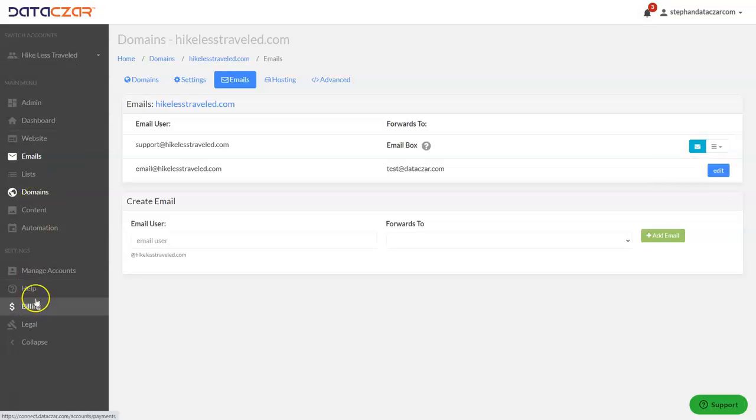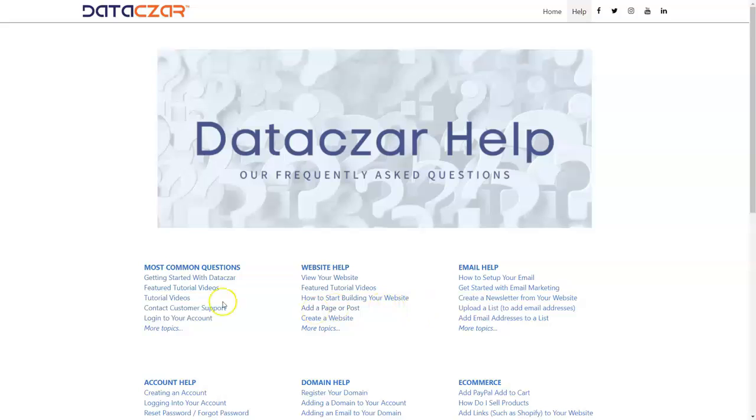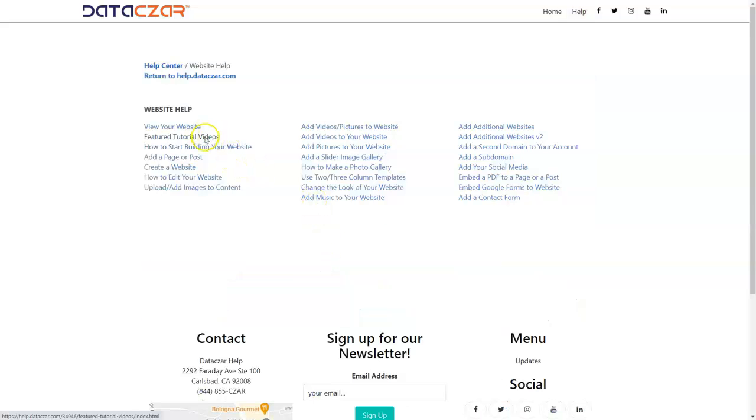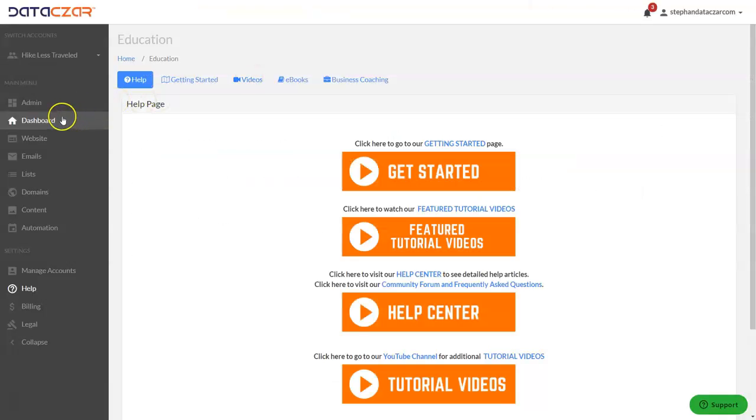But quickly, let's look at the help site, on the help button on the main menu. If you're building up your website, the featured tutorial videos is an excellent place to go. Also, the Help Center, you can find the featured tutorial videos on the Help Center too. The Help Center is help.datazar.com. The featured tutorial videos are right here. You can click on Website Help, and there's a lot of different topics, including the featured tutorial videos, but it has a lot of different things. So make sure you go to help.datazar.com,